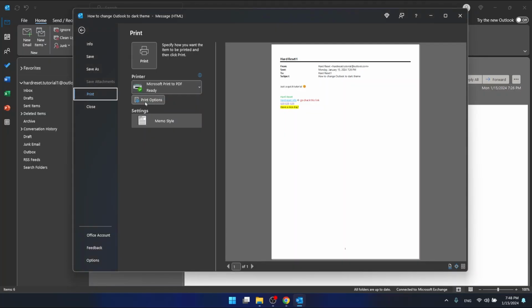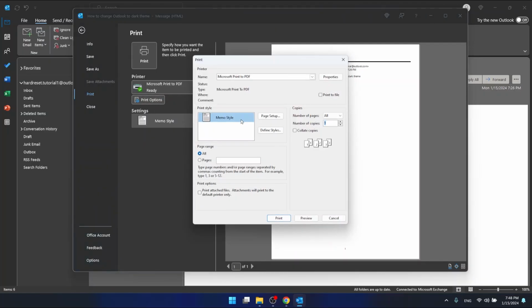Then you can select the print options, and you can add only pages you want to print if the email is so long, the number of copies and the style, the page setup, and these are basic printer settings. So then what you want to do is to just click Print,